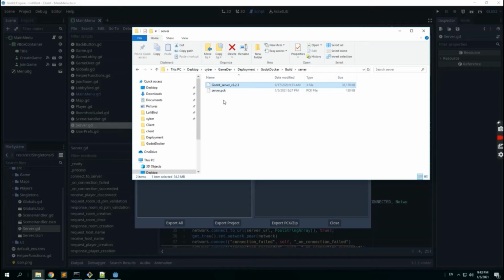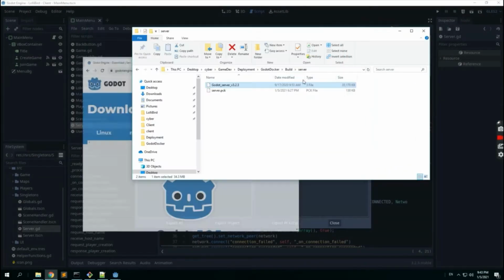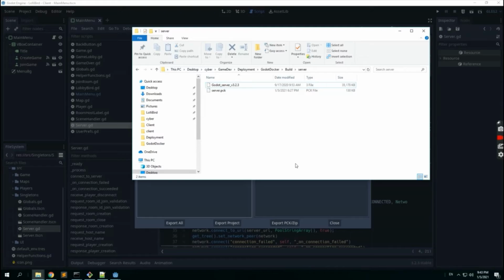Now this file is the Godot server binary. So you need to go to the Godot website and download the server version, this one, not the headless one, the server 64-bit, and save it in the same folder as the server. At least that's how I did it. So okay, once we're done with that, we need